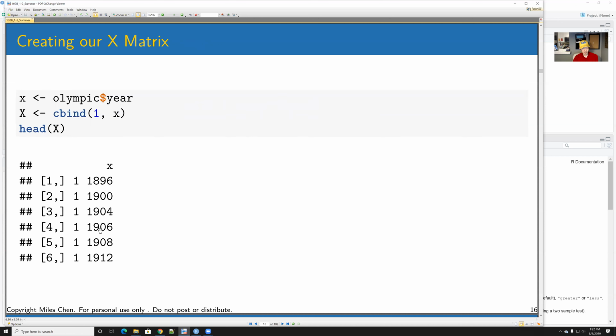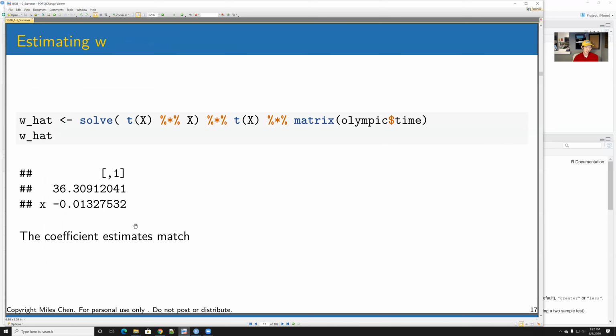And this is what we have: 1900, 1904, and I guess there was one in 1906. Then we will estimate our W's by doing X transpose X inverse, X transpose times the